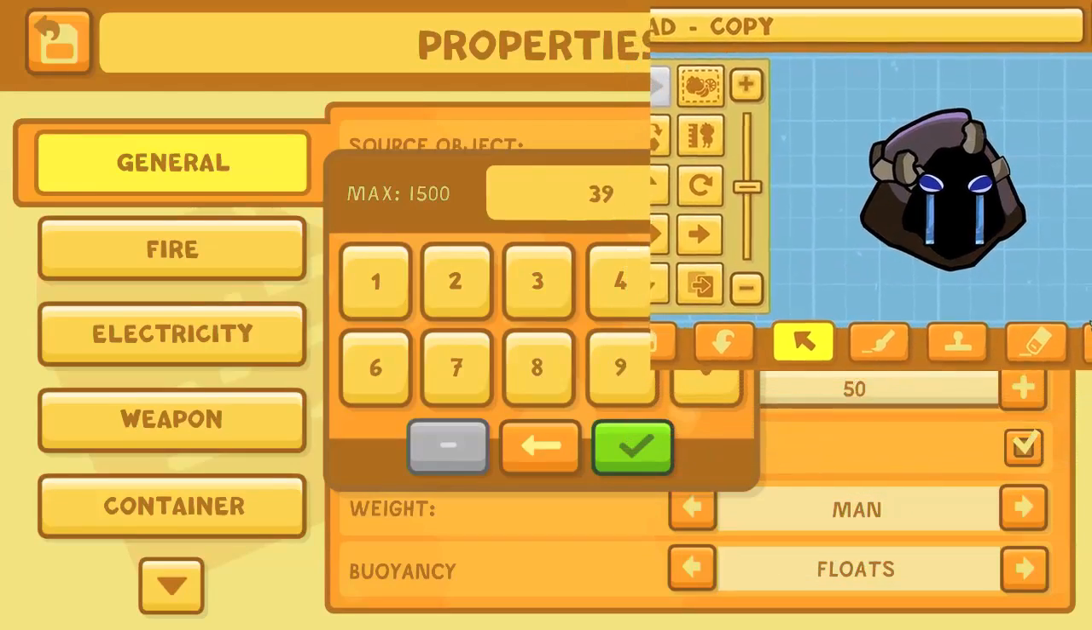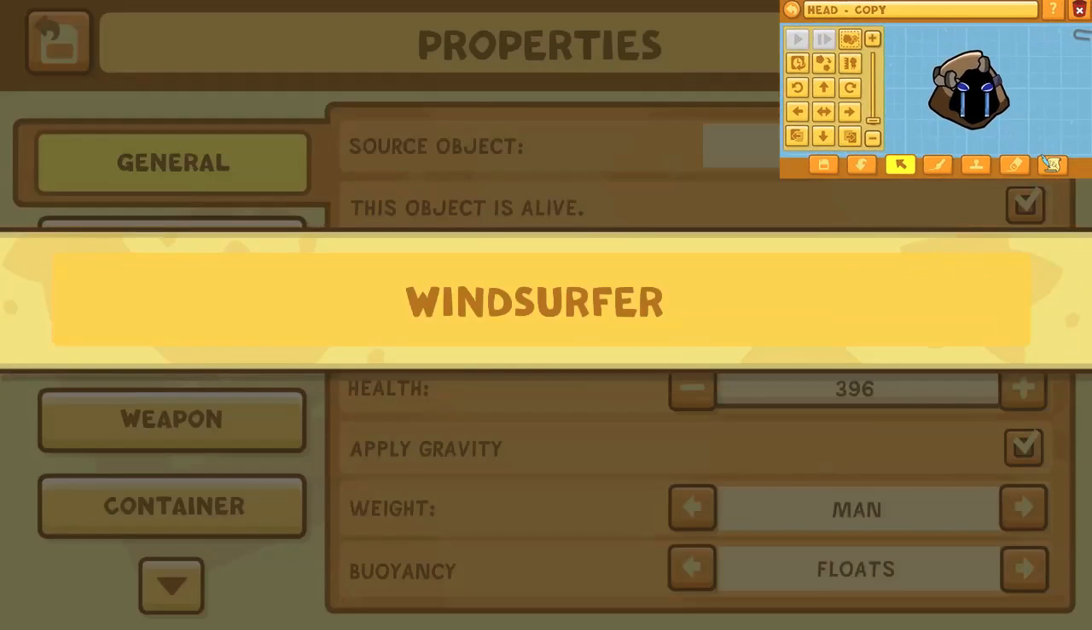It'll be some more of that hood. You'll see when we put them together. But all right, ladies and gentlemen, we're going to enter into the properties editor where you can edit health and